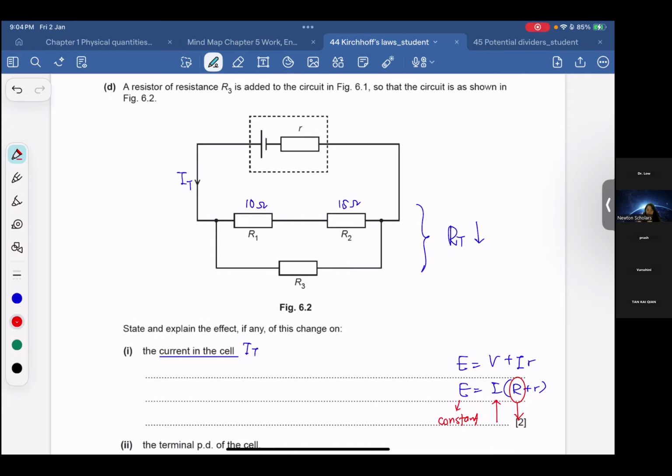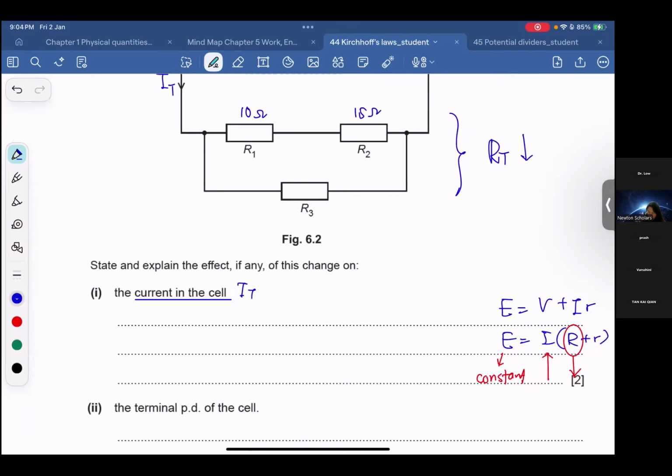At here, we write out the answer. The current in the cell will increase. Why? Because total